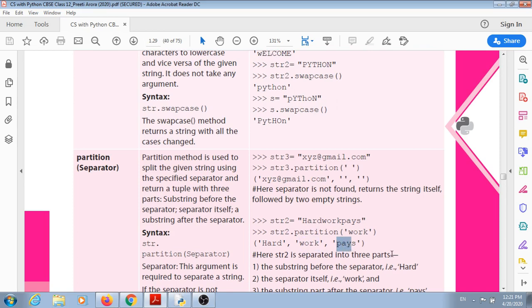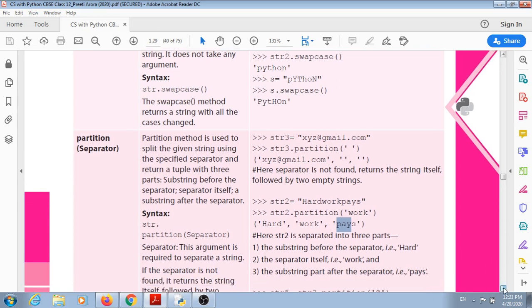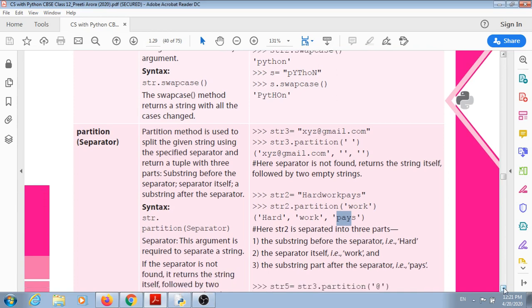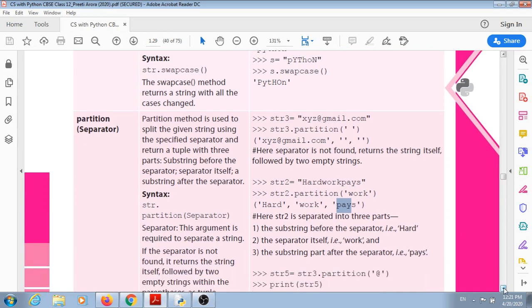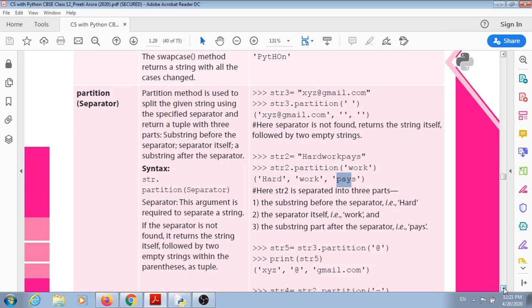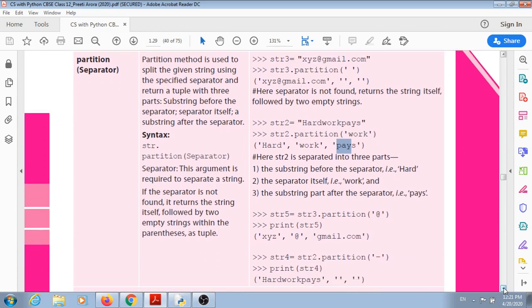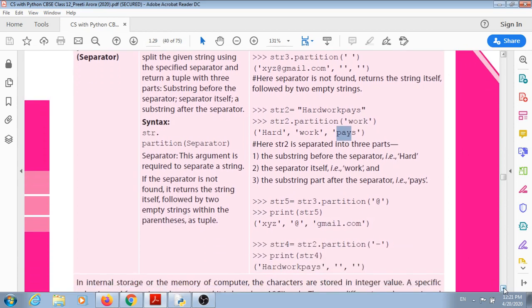So here string 2 is separated into 3 parts: the substring before the separator, that one is hard, the separator itself which is work, and the substring part after the separator which is pays. Okay, so you can see another example as well.